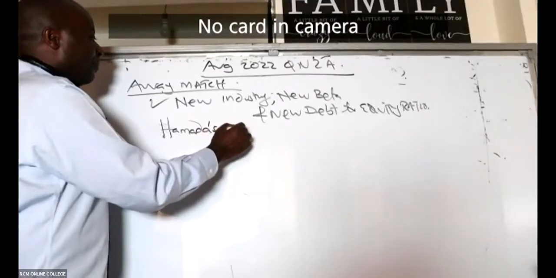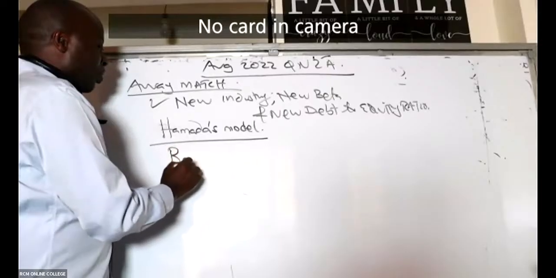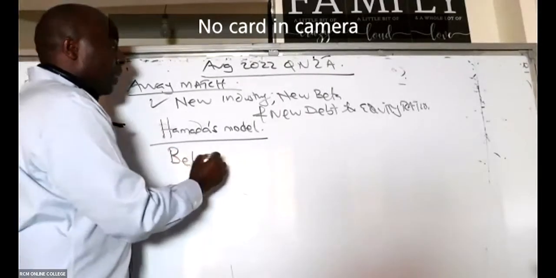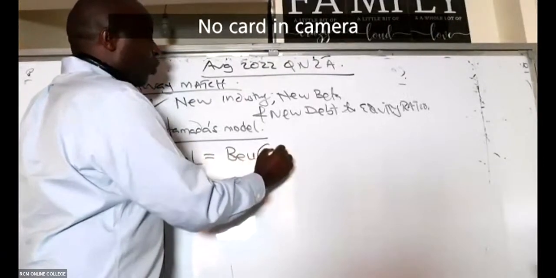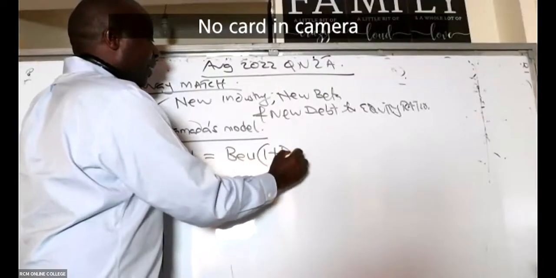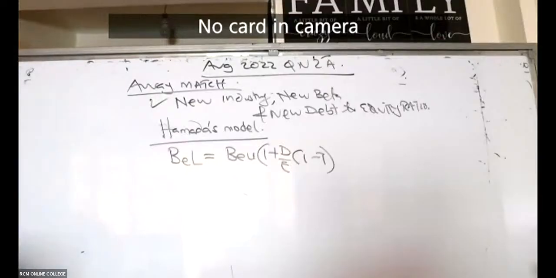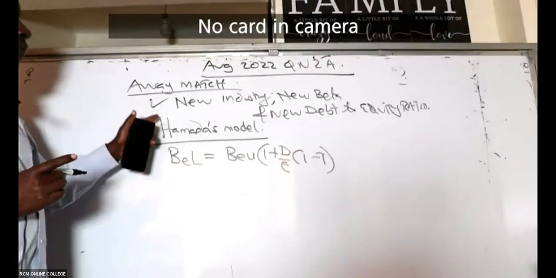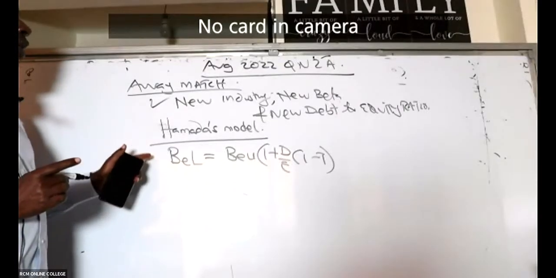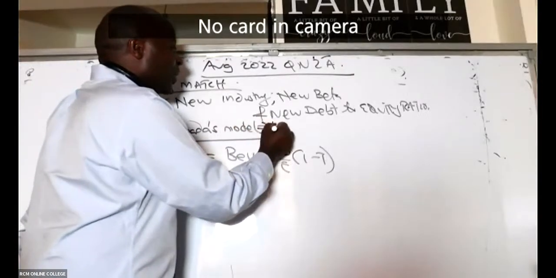So then we use Hamada's model to connect the two industries. Under Hamada's model, we know here that beta equity of a levered organization will be equal to beta equity of an unlevered company into 1 plus debt over equity into 1 minus tax, like that. 1 minus tax. Very important model, but you must appreciate all of us. So I want everything new. So using this, ladies and gentlemen, information here, what I would want us to do is to use Hamada's model